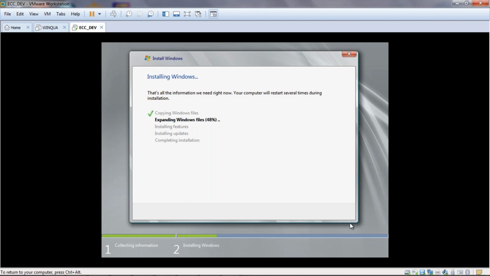Like yesterday, I showed you two tools. One tool is called SWPM for installation. One tool is called SUM, System Update Manager. And you should know what the latest version of SUM is and what the latest version of SWPM is. And they have two versions now, 1.0 and 2.0.